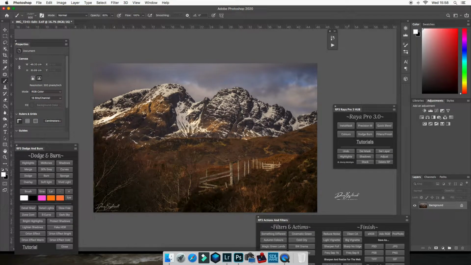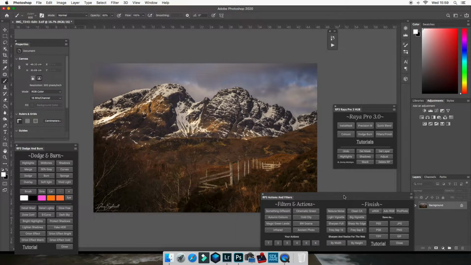And this is Riot Pro 3. I think it's up to Riot Pro 5 now, but I don't use that much in Riot Pro now. I used to use the luminosity masks and stuff like that, but I've stopped using them. And all I do now, basically, is use Riot Pro to sharpen and resize for whatever size I want. So all I'll do here is I'll sharpen by width,